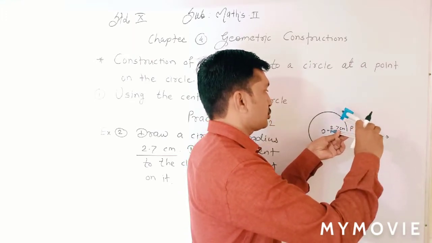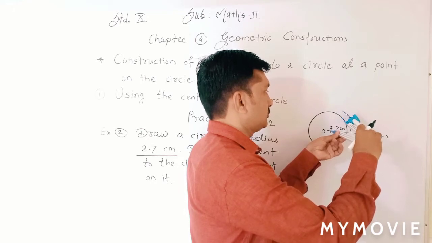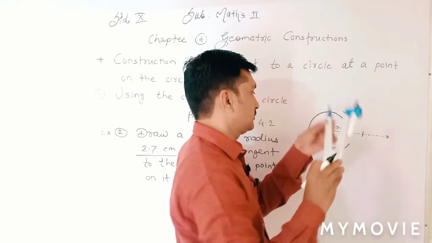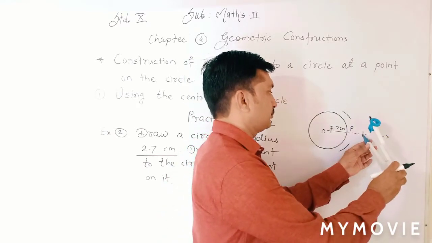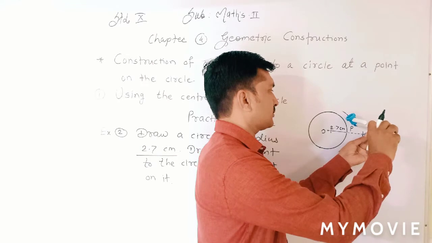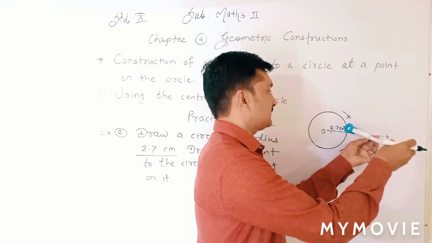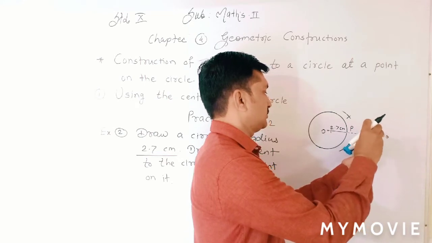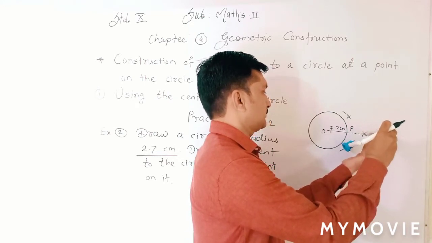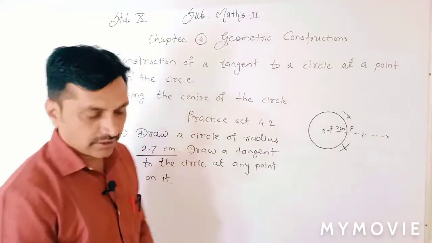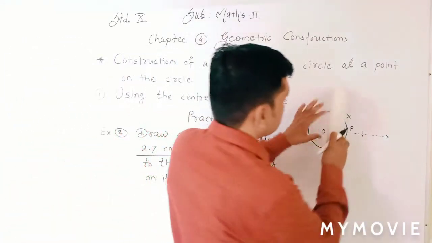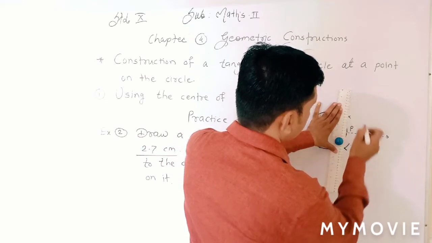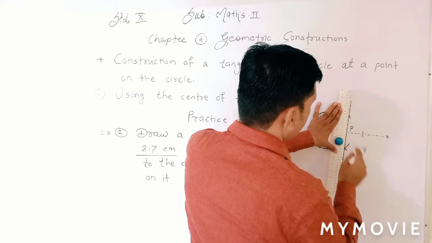Draw one arc upside, above. Draw a second arc from the same arc downwards. Now remove from there. Keep the pointed end on the second arc, on the right side arc, and let them intersect, so that both the arcs are intersected. And after that, draw a line passing through these two intersecting points. The line will pass through point P.